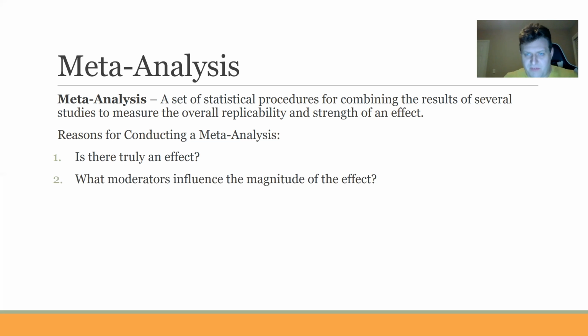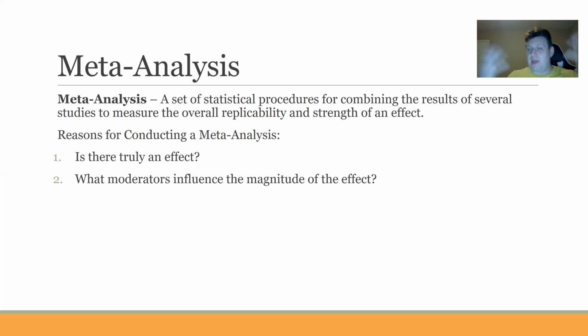And we'll see some examples of that here in a bit. Okay, reason number 2 for conducting a meta-analysis. Well, we can look at what moderators influence the magnitude of the effect. Maybe we can look at something like the age of the subjects. Maybe some studies find the effect because they use older adults, and these other studies don't find the effect because they have younger adults. Now, that's not something that you could look at, maybe doing one individual study, but